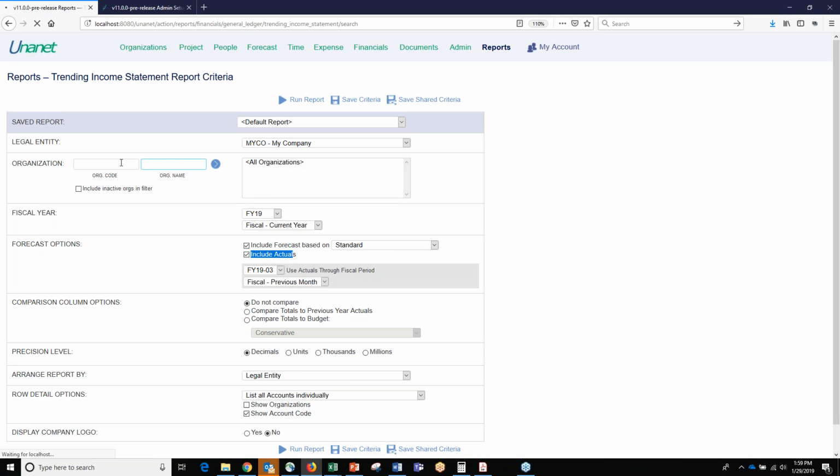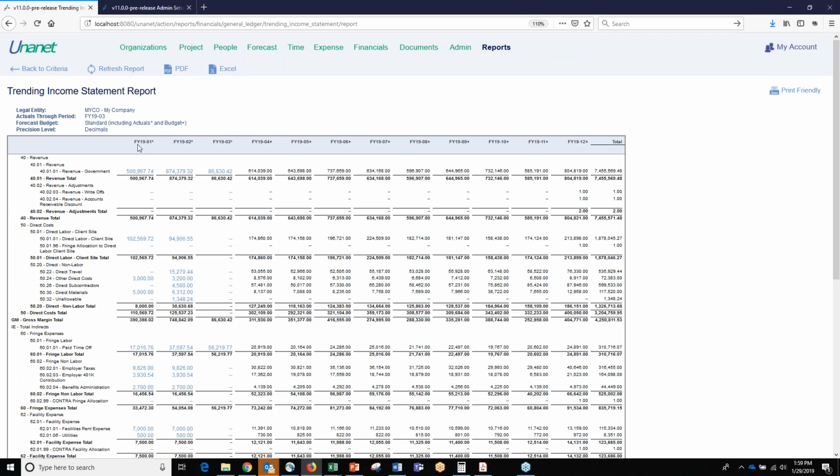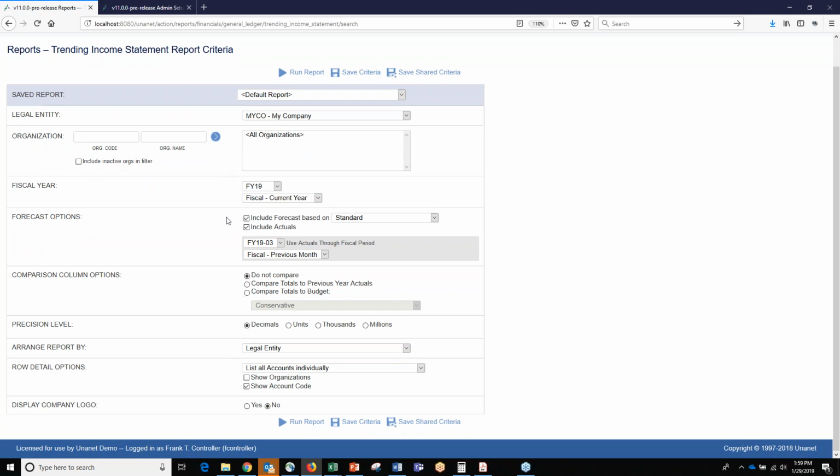So when I run this, this is basically showing us actuals represented by the asterisk, and then forecast here. And then in the criteria, we can compare this against last year, or we could compare it against our finalized budget, so we can see how we're trending.